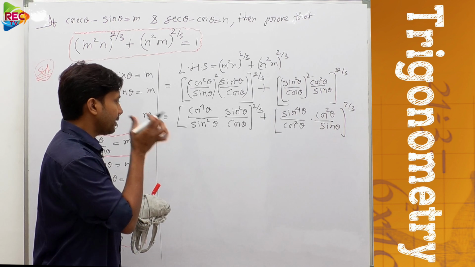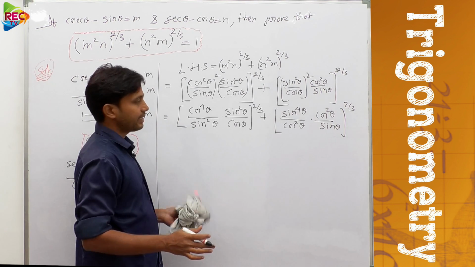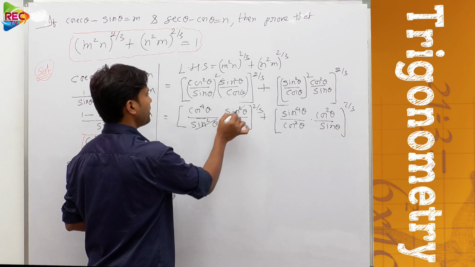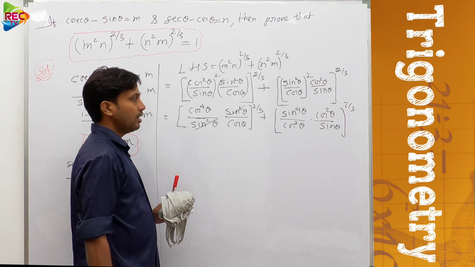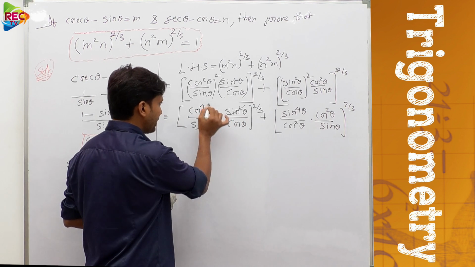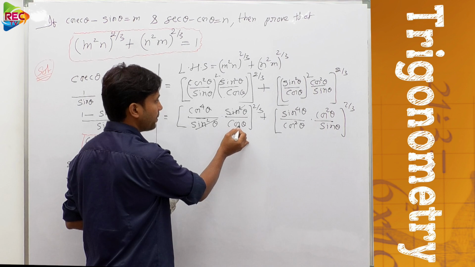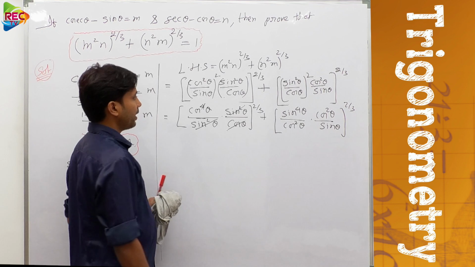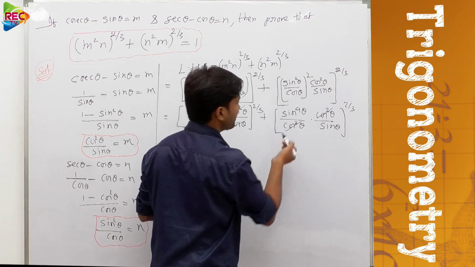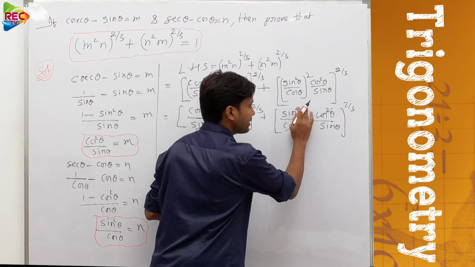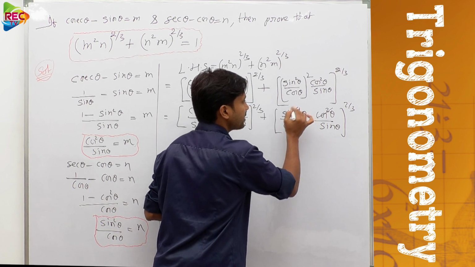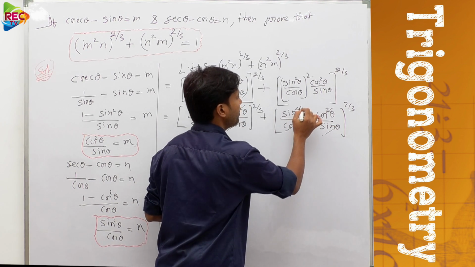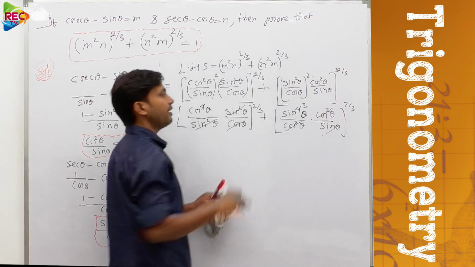Now see whether any terms can be simplified or not. Exactly, we can simplify the terms here. What are those terms? Here sin square theta can be cancelled in the numerator and denominator parts, and here cos power 4 theta is there in the numerator and cos theta is there in the denominator. So one cos theta is cancelled, so cos cube theta will be left over. Okay, and here also cos square theta can be cancelled in the numerator and denominator, and as sin power 4 theta is given in the numerator and sin theta in the denominator, one sin theta can be cancelled here and sin cube theta will be left over.